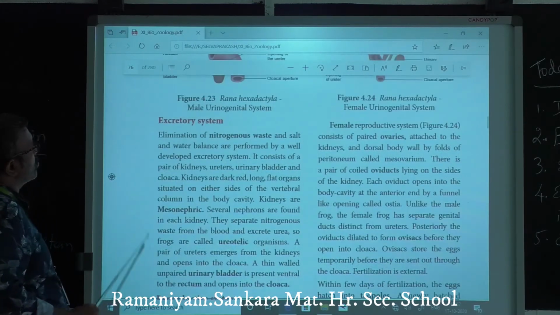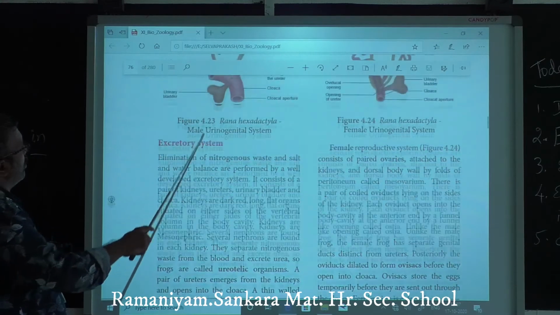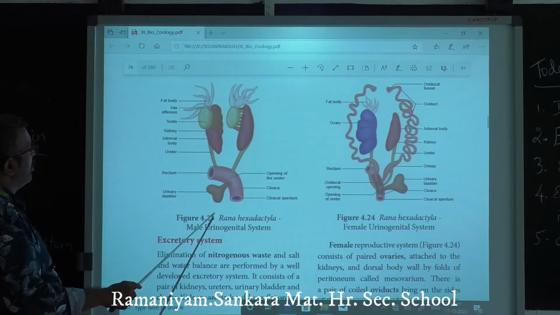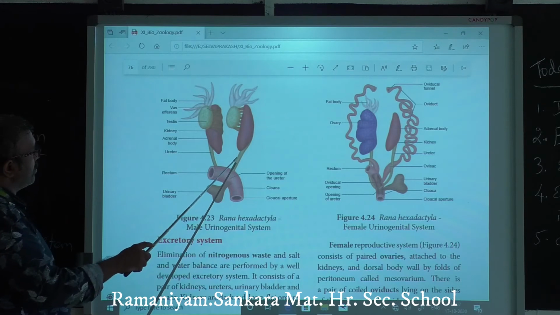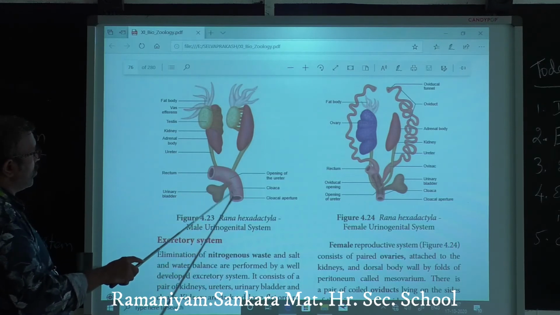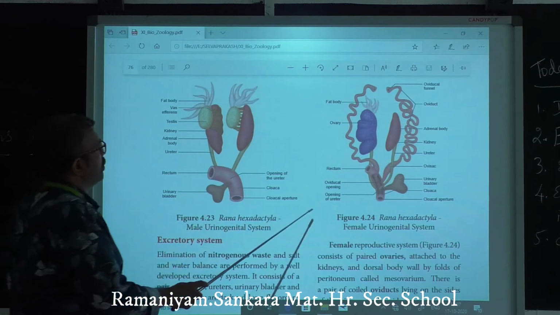This is called the Bidder's canal. These are the final canals, leading to the ureter and the cloaca, so it opens outside through the cloaca. Next one,